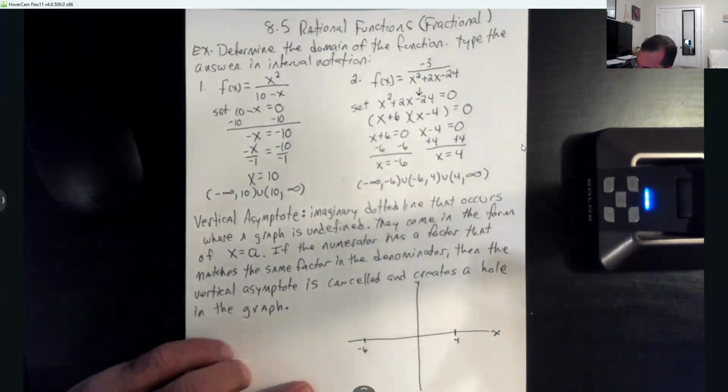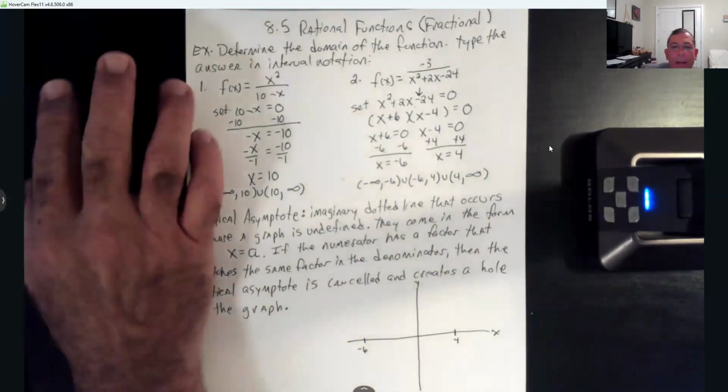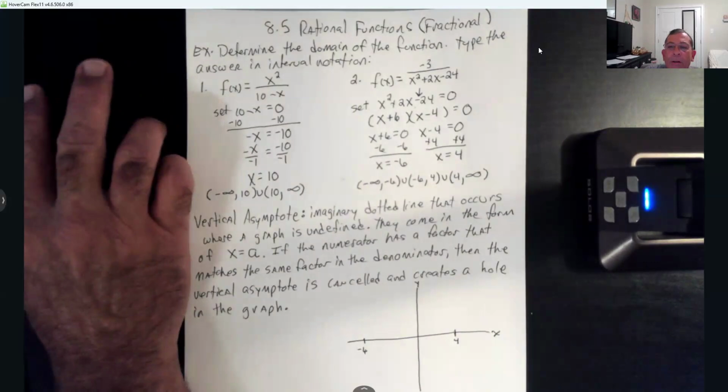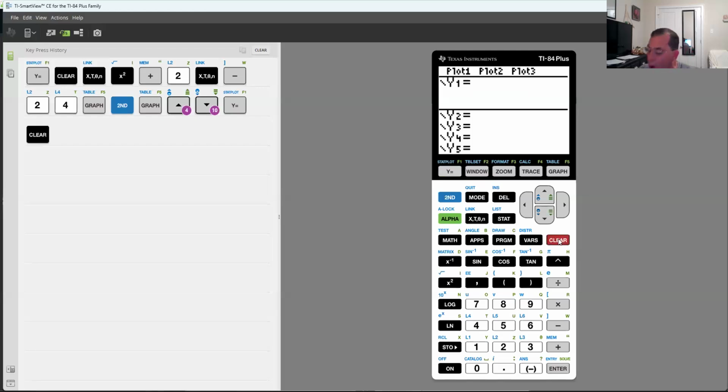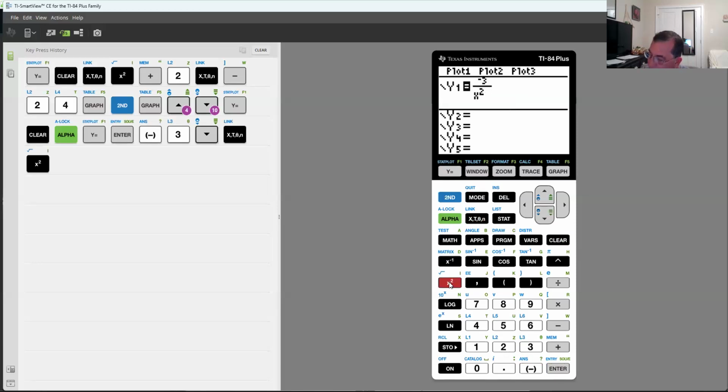What's going to happen on this graph? Let me go graph this for you so you can see. I'm going to graph the whole function, making it look like a fraction by hitting alpha y equals and enter. On top, I had a -3. On bottom, I had x squared plus 2x